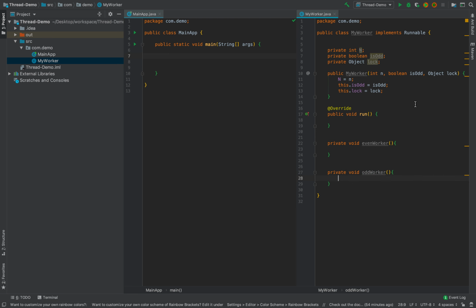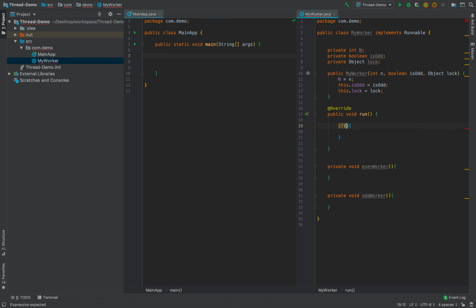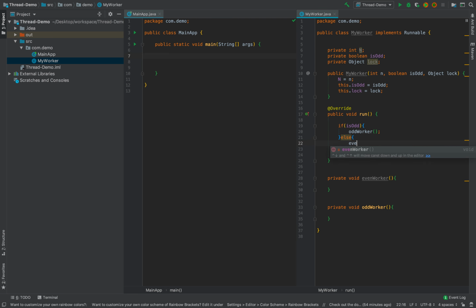So what I will do here, if you are starting a thread, we will just see if it is odd, then I will just call odd worker. Otherwise I'll call even worker. Okay, so this looks good as of now, and here the logic will be there for counting and printing those elements. Now let's come back to our main application class.